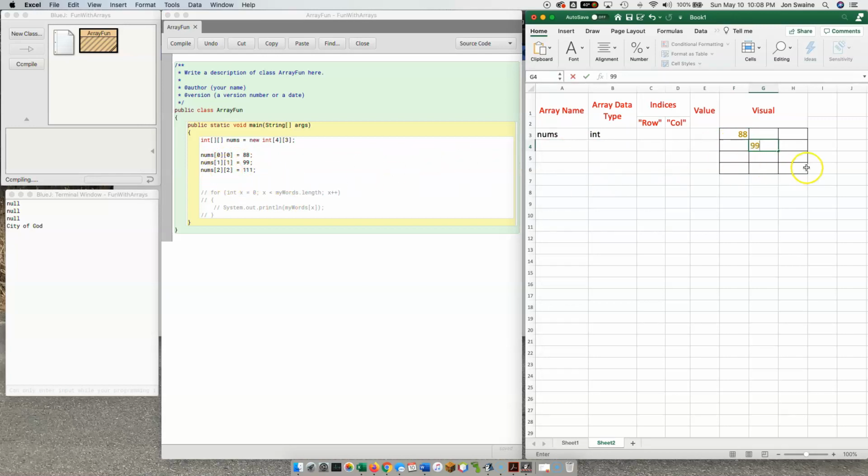Row 2, column 2 is right here, 111. If I were to try to continue this trend and say put a 3 there, and a 3 there, and put 222, well, now you can see I'm going to have a problem because I try to go to row 3 and column 3,